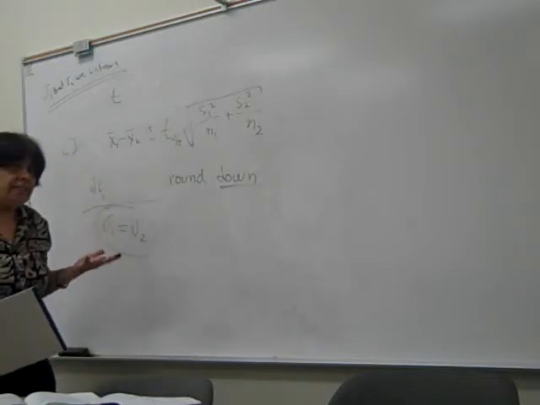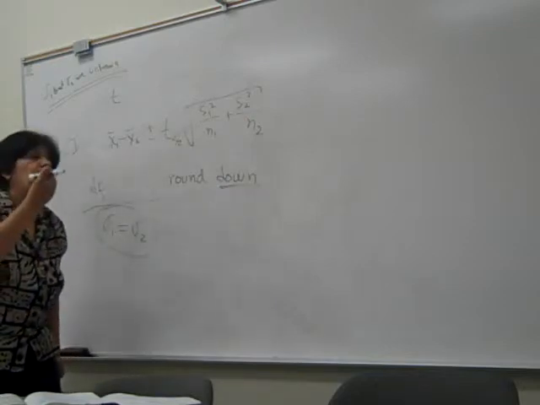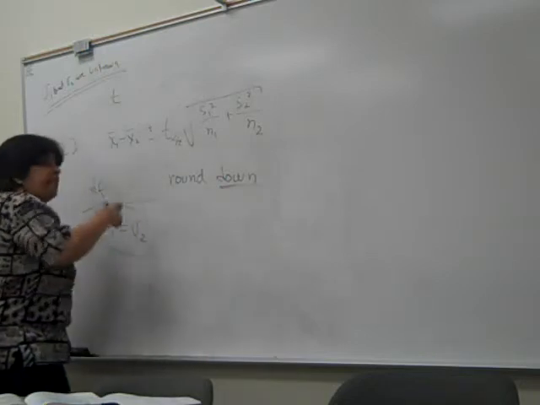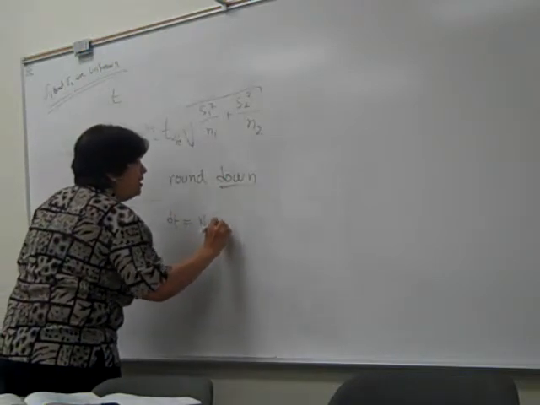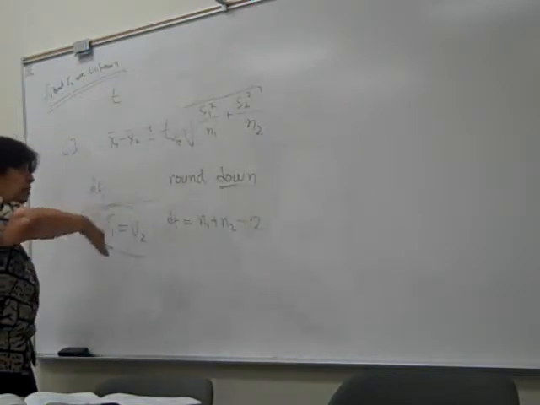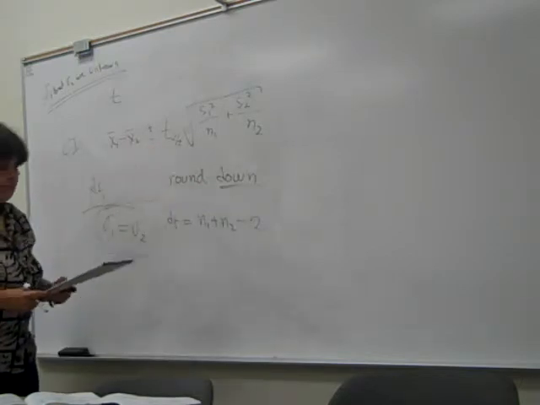And in that case, we can work this less complicated. Why? Because in this case, and only in this case, the degrees of freedom is n1 plus n2 minus 2. So n1 plus n2 minus 2 are the degrees of freedom that we're going to use in the test